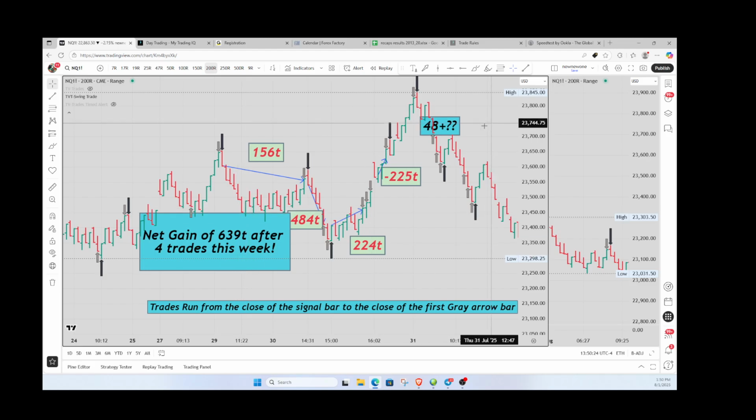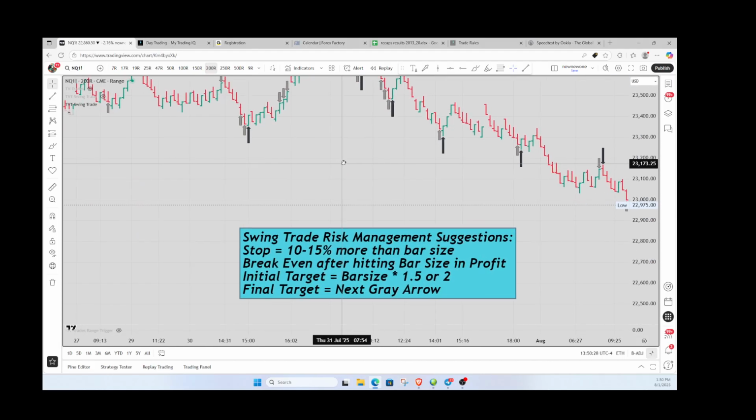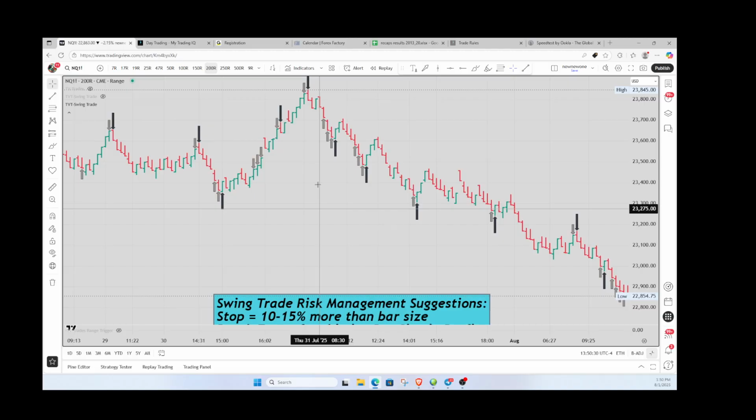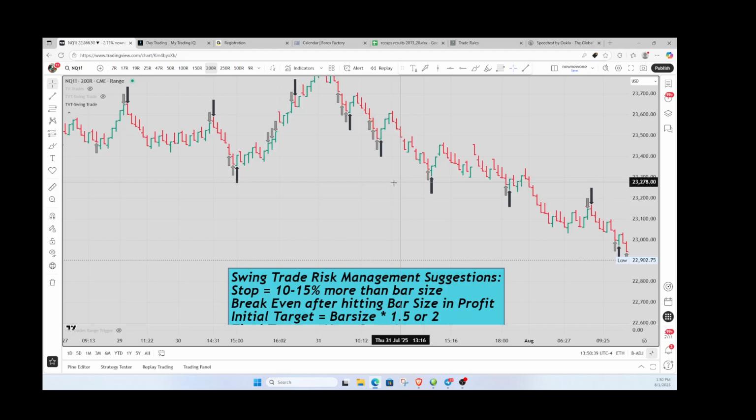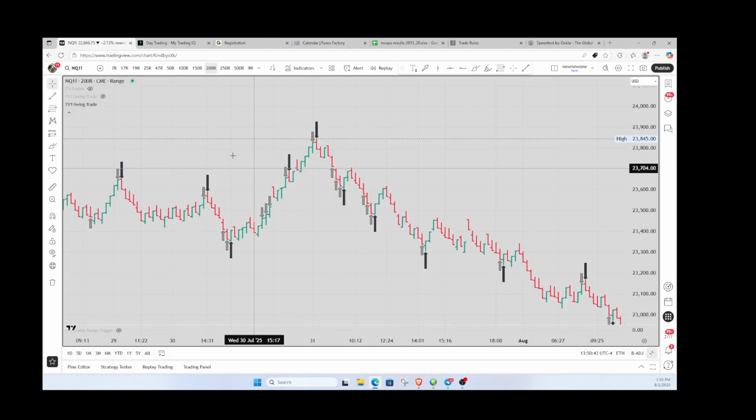I just wanted to point that out, because the risk management is up to you. But if you want to be in a trade for a longer period of time, you can be in the trade until the next gray arrow appears. So these are longer term things. Now somebody asked me, how long is a swing trade? Well, I'm using range bars still, but I'm using bigger range bars, and there's no time element on a range bar. So to make that tolerable, so you don't have to sit there and wait for hours in between trades,